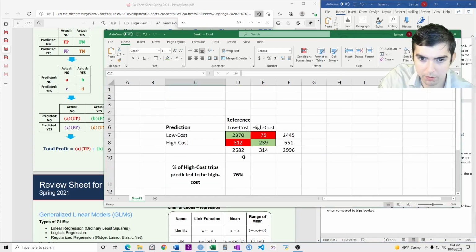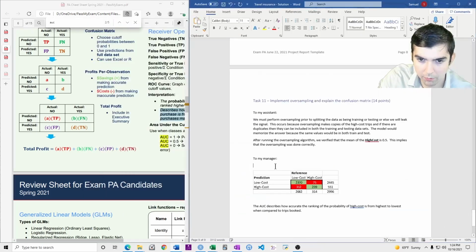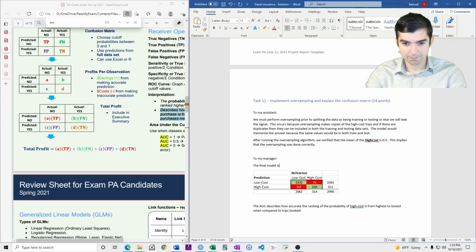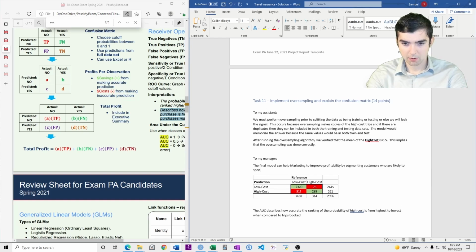Okay, now just kind of put this in. So the final model can help marketing to improve profitability by segmenting customers who are likely to spend over from those who are not.